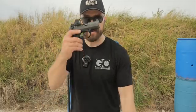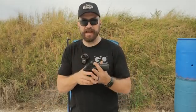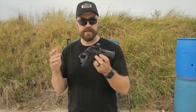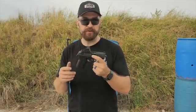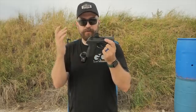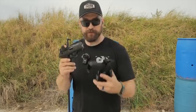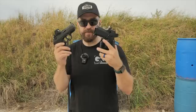All right, so you can see with the draws that I had the best luck with the Bul Armory and the Beretta. The bigger, fatter grip meant that the gun would seat in my hand. But you also saw that even as proficient as I am, I had one bobble on the manual safety. And when my grip wasn't quite locked in with this, then I would throw shots low. So there is more to be said about the proficiency that you need to be able to run these two